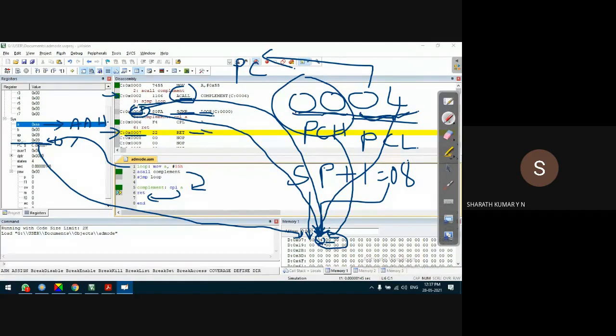Once this RET instruction is executed, it points to the next address 0008H. This 0008H content has to be replaced with the address 0004, which corresponds to the return address of the main program. Okay, that's how it is.